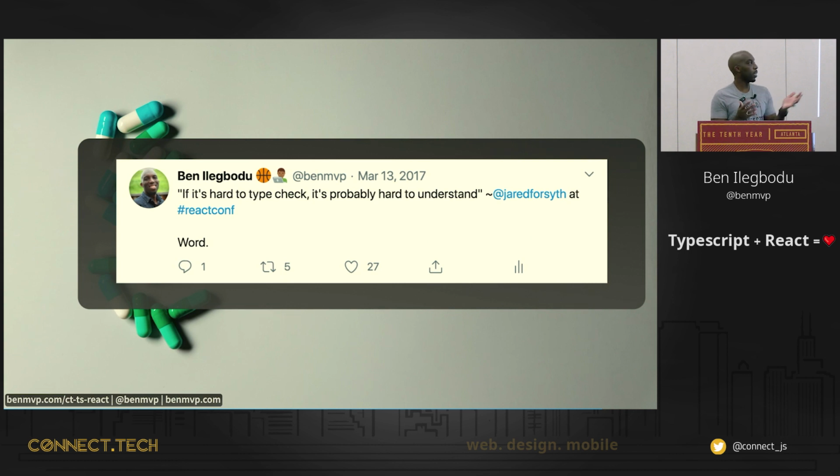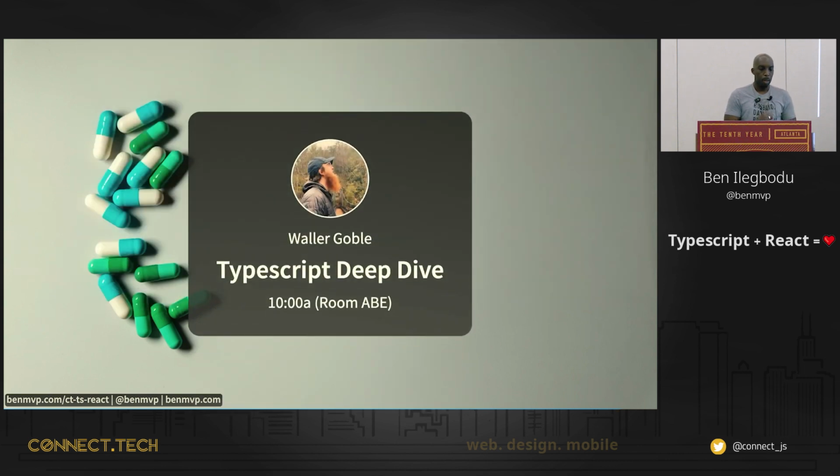It may be, as Jared said at ReactConf like 5 years ago, if your code is hard to type, that might mean that your code itself is too complicated. And it's rarely just that you can throw types on some JavaScript code. You may have to do some cleanup of the code itself.